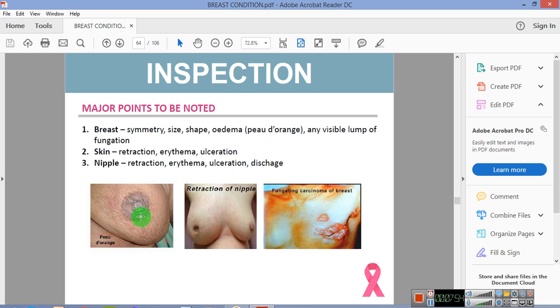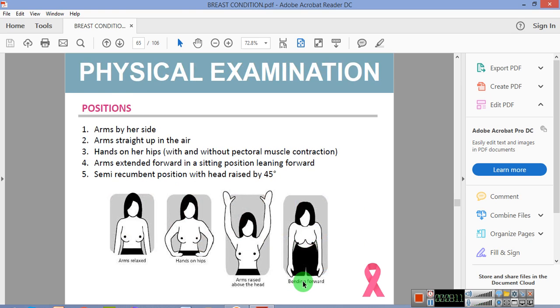Orange peel like skin, sometimes very hard, and retraction of the nipple you can see here. Then fungating carcinoma of the breast you can see, sometimes abscess also. Then physical examination, the position of the examiner is very important. Later we will discuss how we can